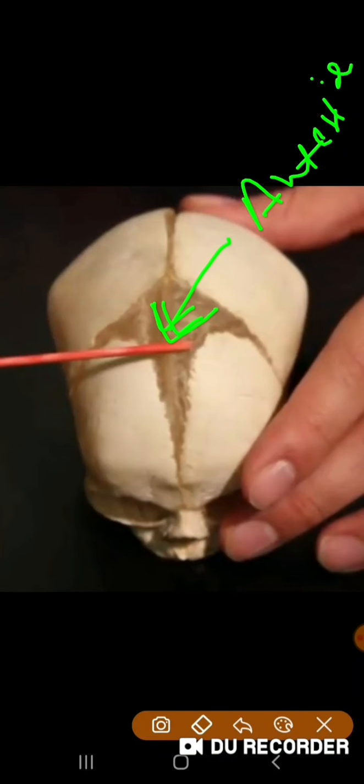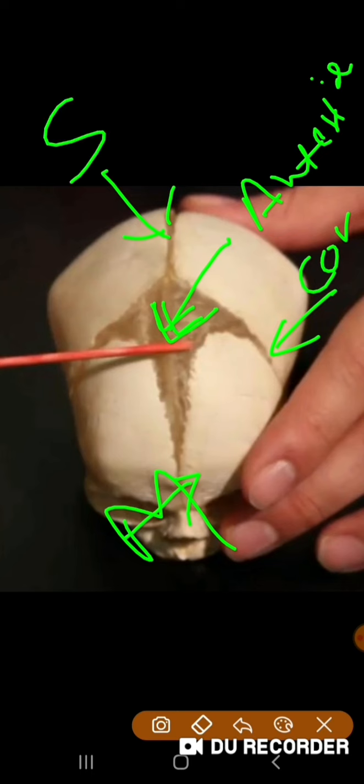These are the sutures. This one is the metopic suture, this one is coronal suture, and this one is your sagittal suture. So metopic suture, coronal suture and sagittal suture, all sutures have different ages to ossify. We can call here the metopic suture, its age is 3 to 9 months and it fuses. 3 to 9 months